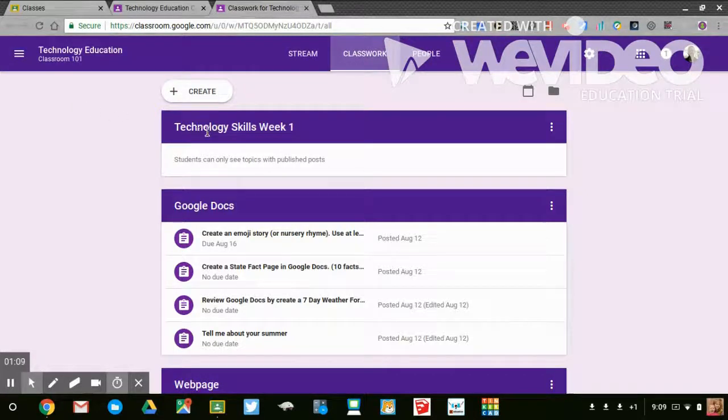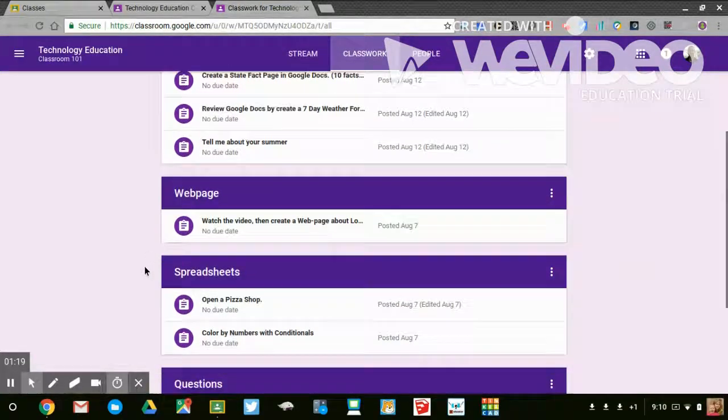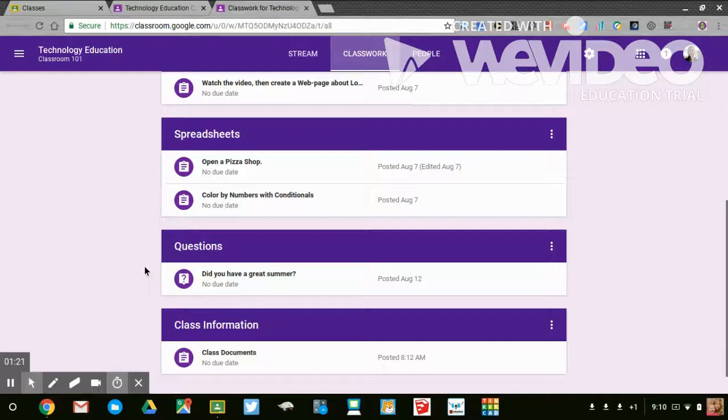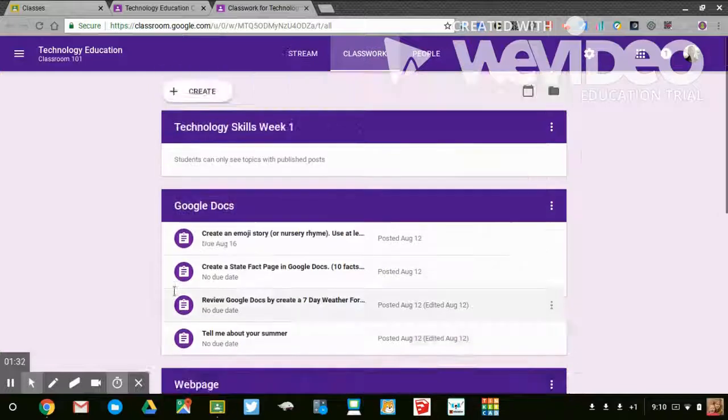You can see technology skills, week 1 is there. I have Google Docs as another assignment topic. You can see the assignments listed there. Web page, spreadsheets or other topics, questions that you might have, class information like a syllabus you might want to add to your classwork. Now this is going to be all set up by you by going up to the